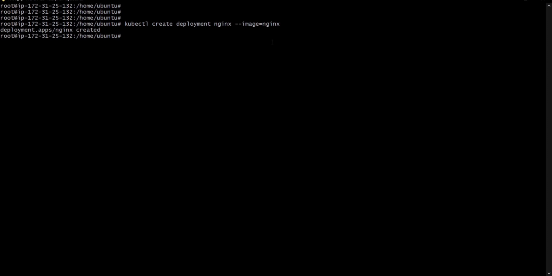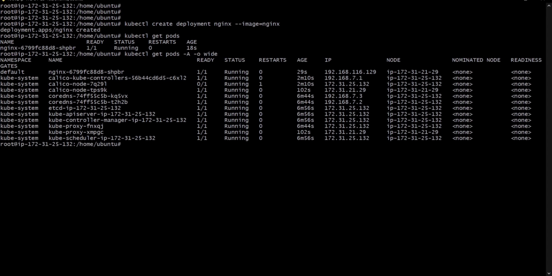So let's check with kubectl get pods. We can see here that one pod is generated. If you want to check where this pod is created, we can see with the help of the command kubectl get pod -o wide.